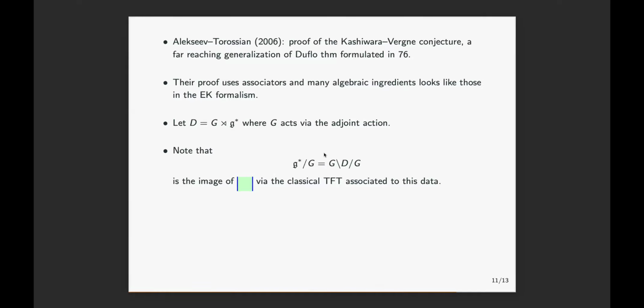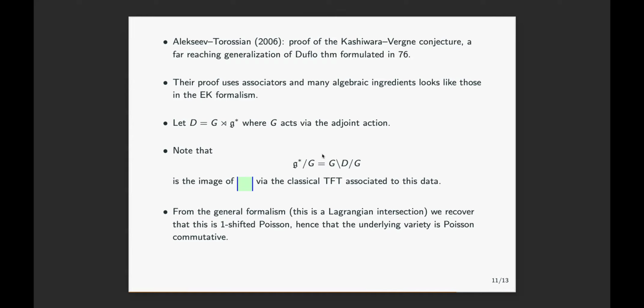And again, this thing will be a monoidal category by stacking vertically. And so if you take global sections, which in that case is homomorphisms of the unit, you will get a commutative algebra. So that's one way to think about the commutativity of the thing that we're looking at right now. On the fancier version of that, this is actually an intersection of two Lagrangians in something two-shifted symplectic. So that has to be one-shifted symplectic, which wants to quantize to a monoidal category, and in particular, it's Poisson commutative in degree 0.